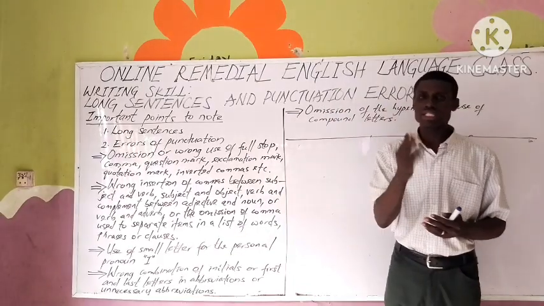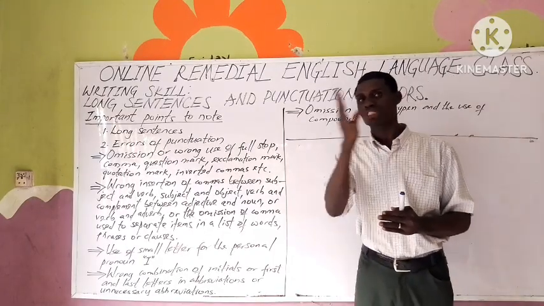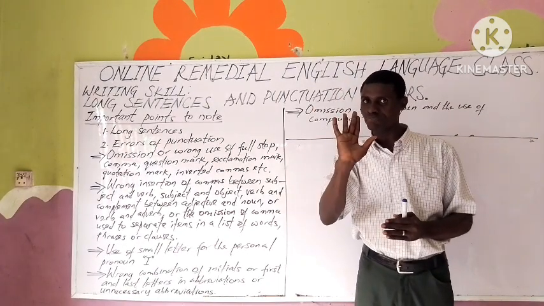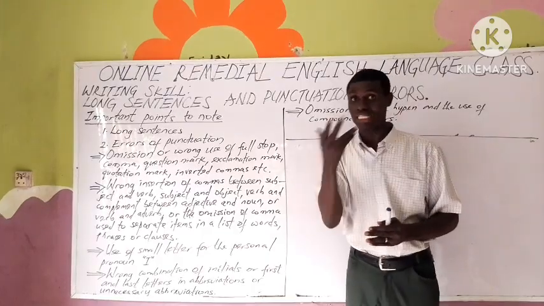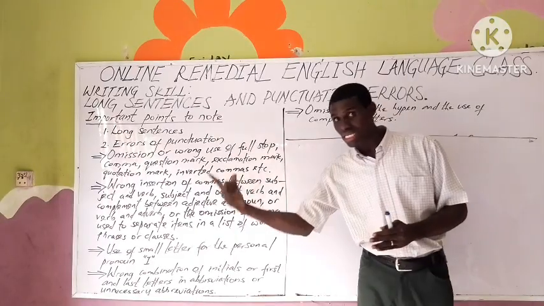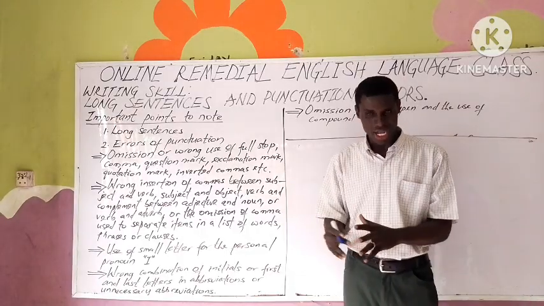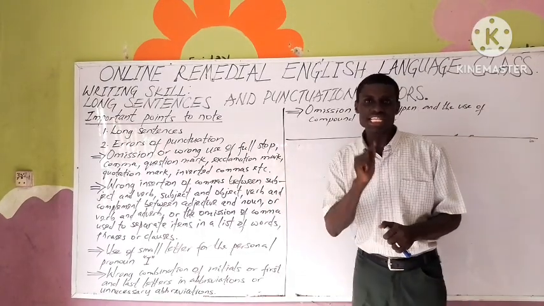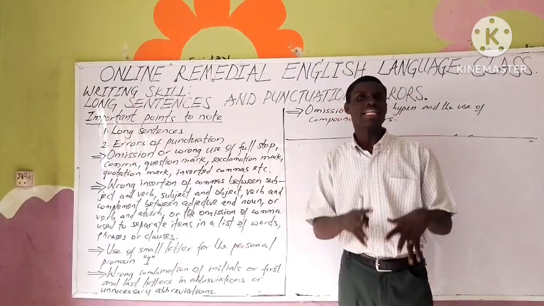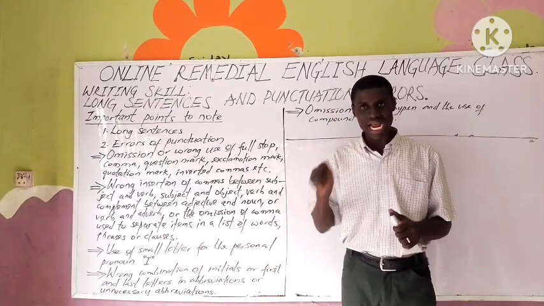The first, understand that when we talk, we don't make use of punctuation marks. Of course, we can have the rise and fall of the pitch of the voice, which is otherwise known as intonation. So intonation is the marker. That means what intonation is doing while we speak or talk, the same thing is what punctuation mark is doing. In other words, intonation is to speaking, while punctuation mark is to writing.